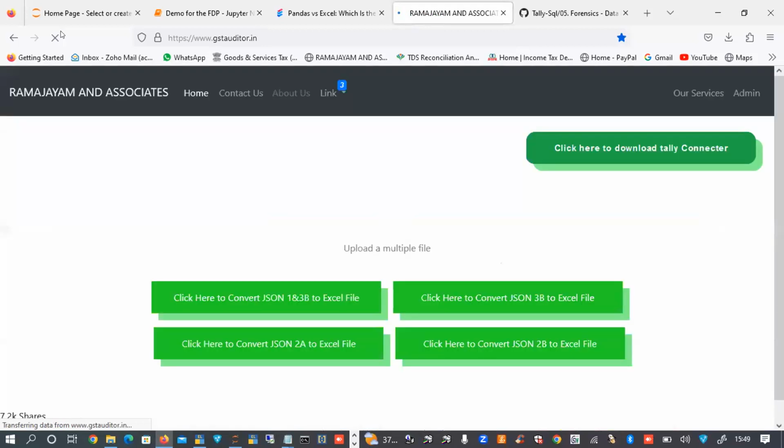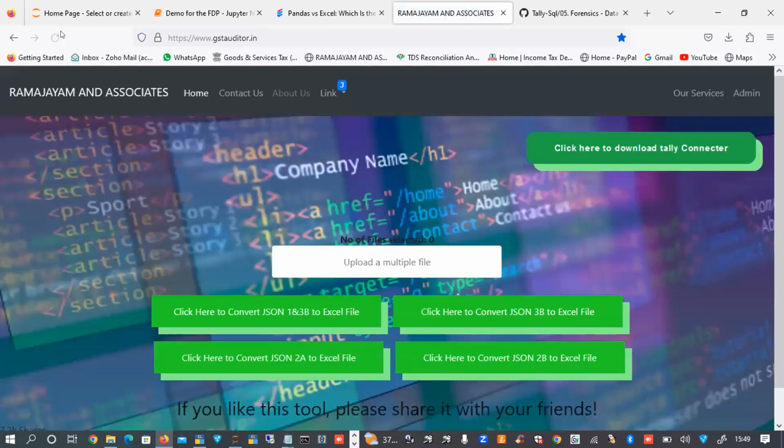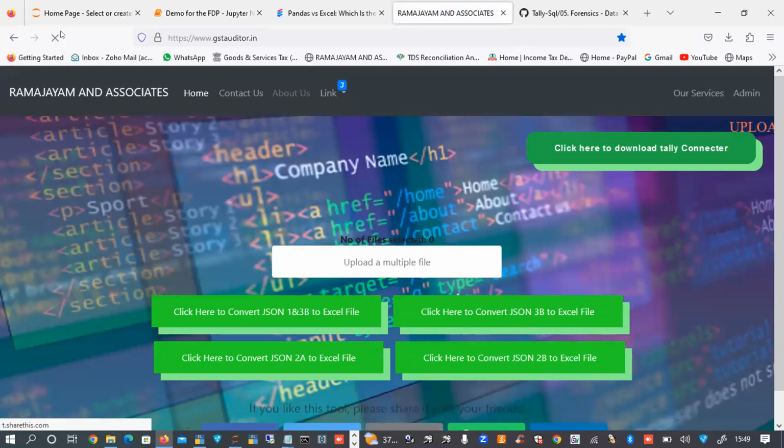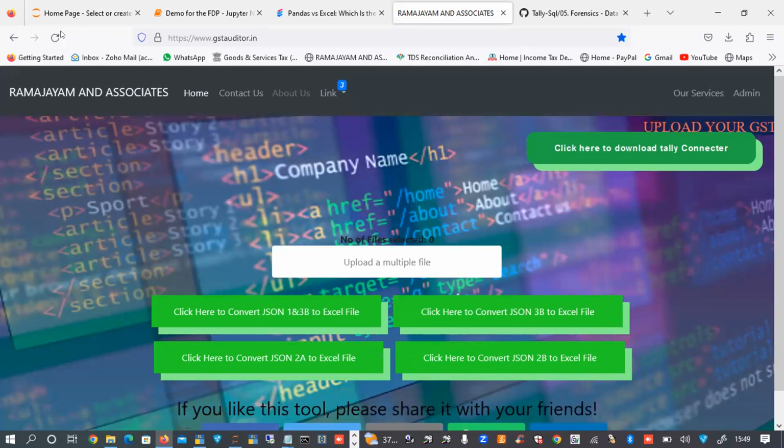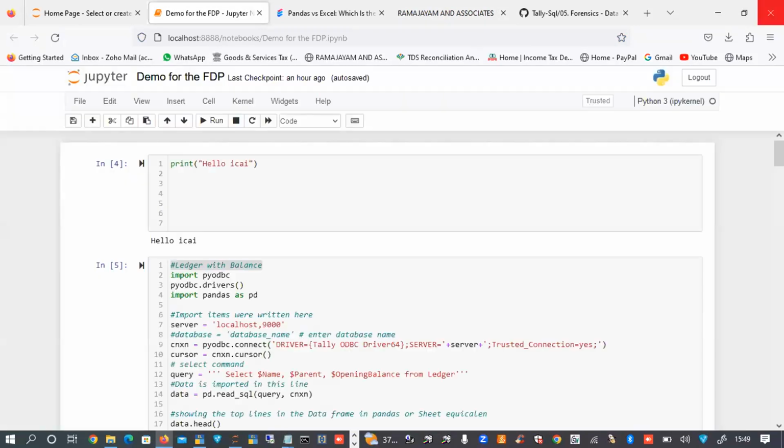This particular website converts multiple GSTR1, 3B, 2A, 2B JSON files into one single Excel file. This particular site is actually basically a notebook written like this.